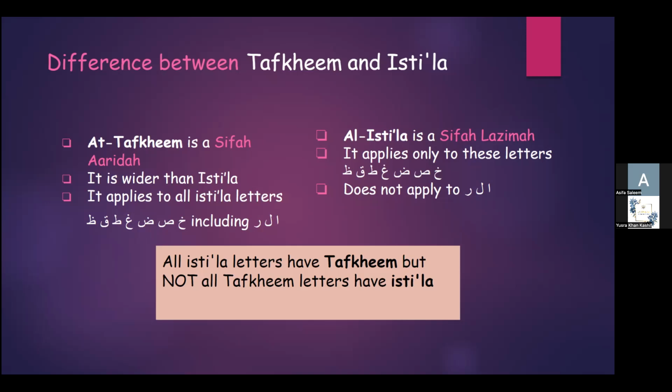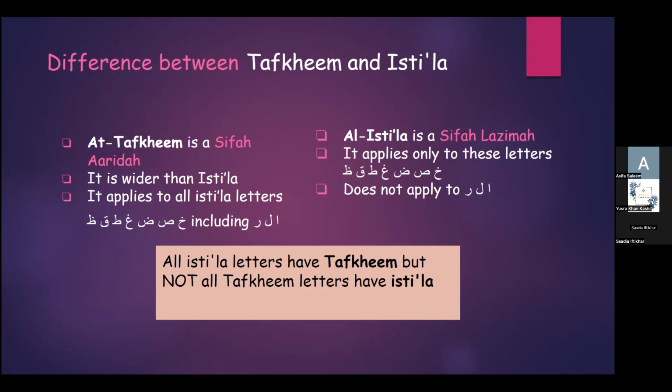Tafkhim is wider than isti'la, whilst isti'la is only applicable to 7 permanently heavy letters: kha, sad, dad, ghain, ta, qaf, and dha. Why do we say that tafkhim is wider than isti'la? Because tafkhim can be applied to the letters of isti'la, khusa daqtin qid, and it also includes the letters